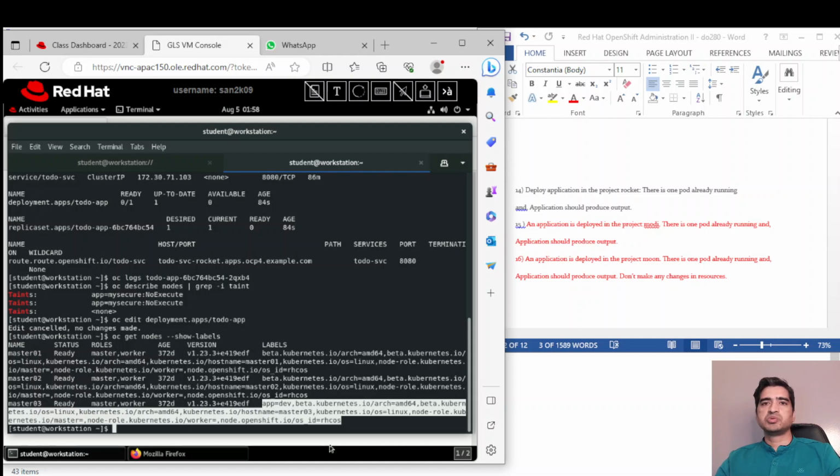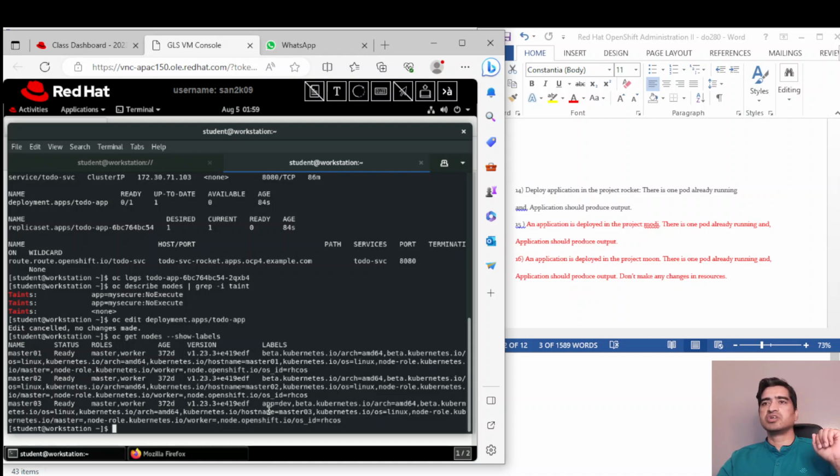So what can we do? There can be many possible approaches. Either we can remove the label app equal to dev and then add the label app equal to prod. We can delete the existing one and add it, or we can overwrite. So instead of deleting and recreating, we can overwrite. How to do that? OC